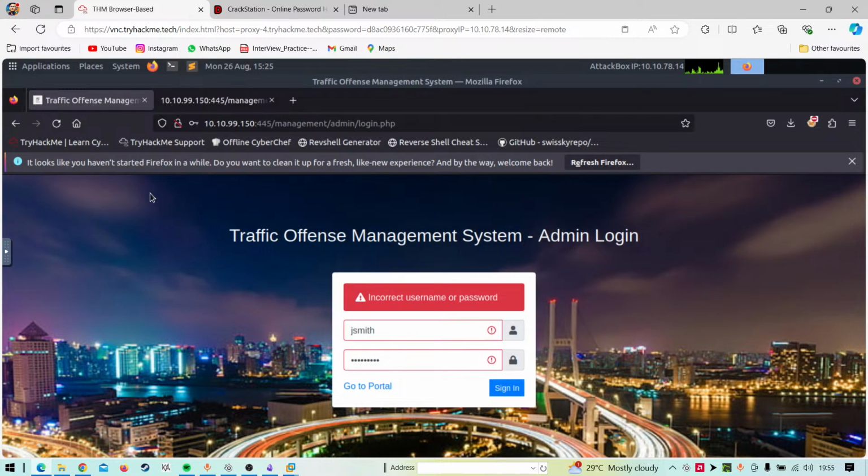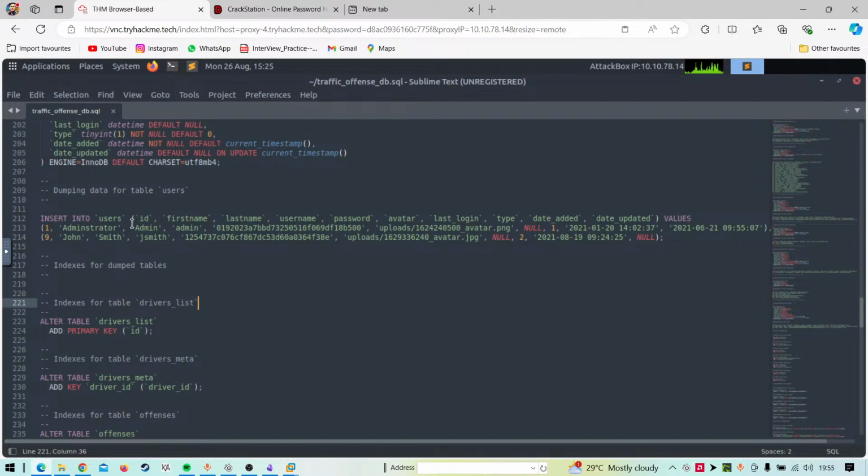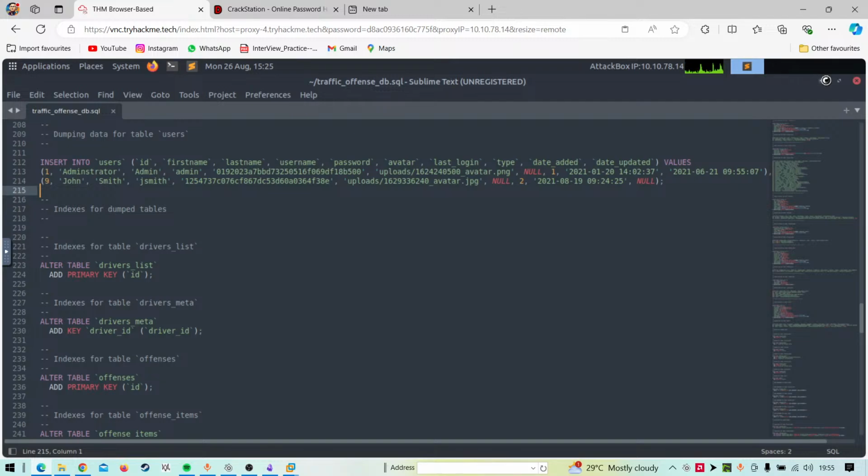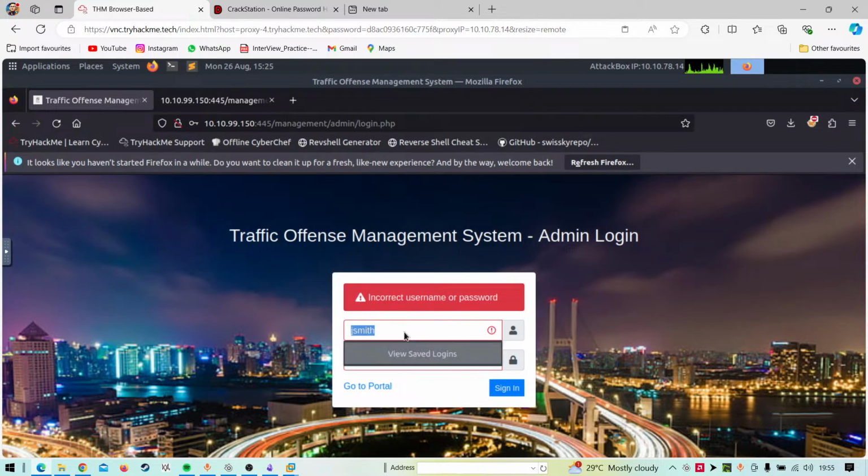I knew it. So let's go back to the table. I think this could be vulnerable to a SQL injection. So maybe it was an indication to go for a SQL injection.